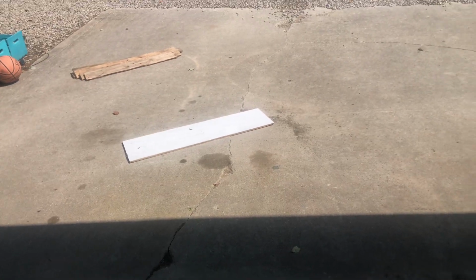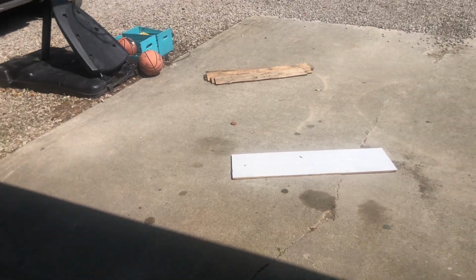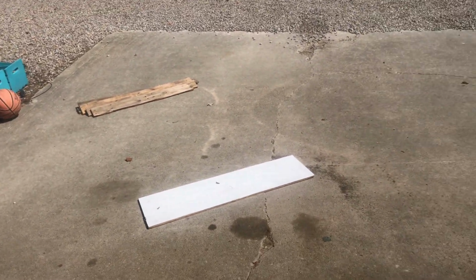Filming phone died, so I don't know how much I'll be able to film on this, my regular phone. But I'm going to take this mirror, it's one of the cheapy mirrors from Walmart, and I'm going to add some palette wood around it. But don't worry, we're going to make that palette wood look pretty. This is what I did with my mirror, so...